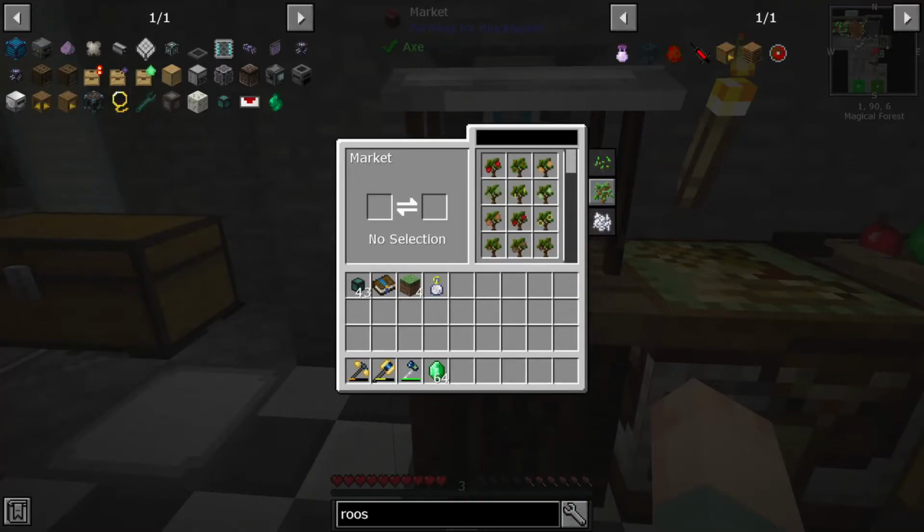These are crops and saplings, that's what we want. Oh, there aren't that many. No, actually that's quite a bit. We don't even have enough space in our inventory. Okay. Now